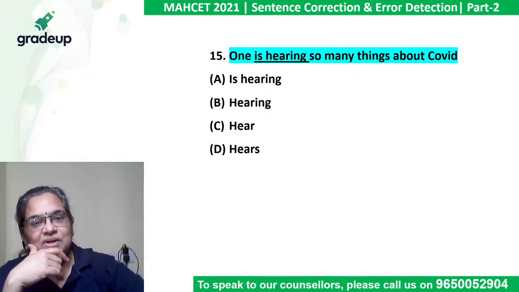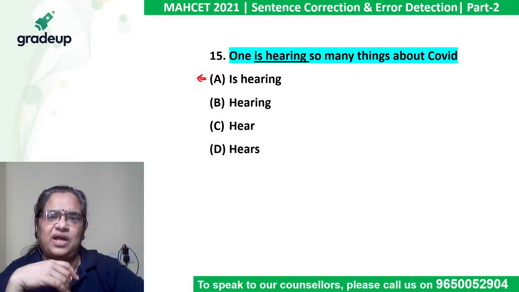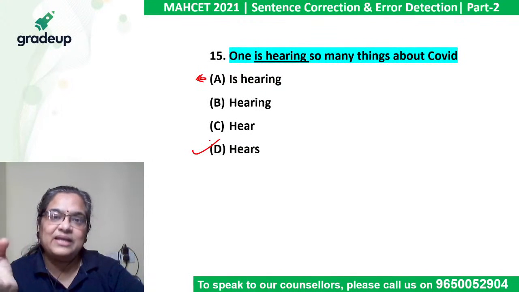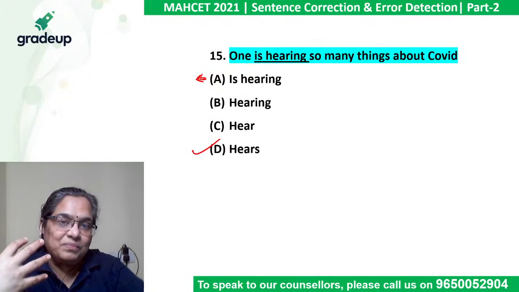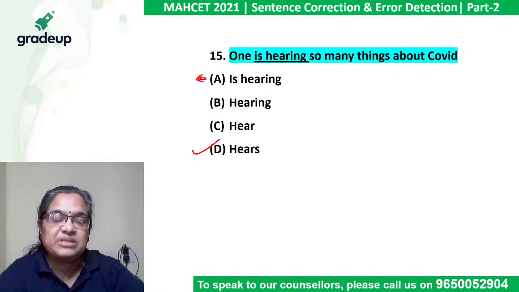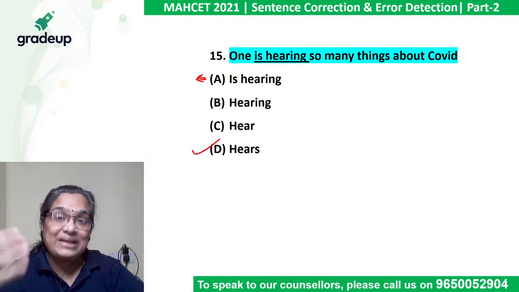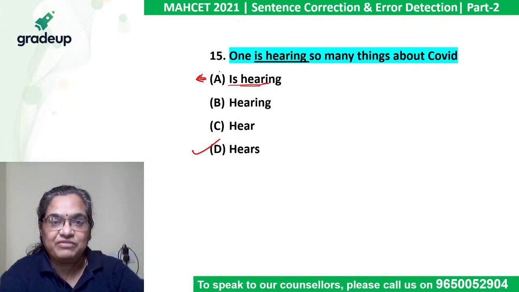Now remember, spoken English, we say this: बहुत सारे बात सुन रहे हैं. But anything, seeing, hearing, these things are perception. So you don't use them in ing form. Okay, one sees so many things, one hears so many things. This is not correct, not perfect English, but we hear it so often that we think this is correct,